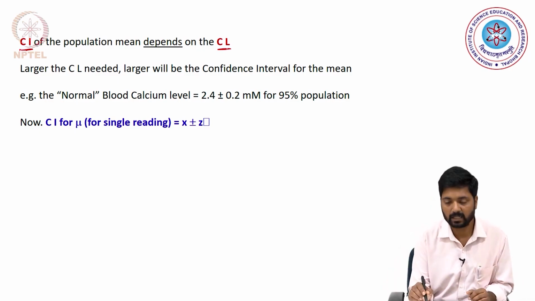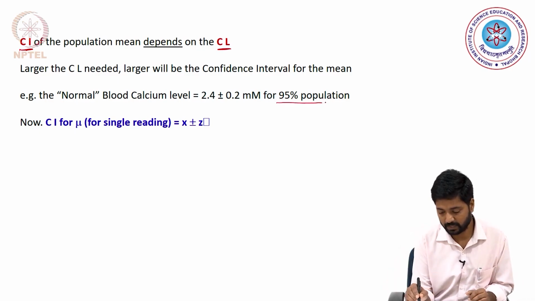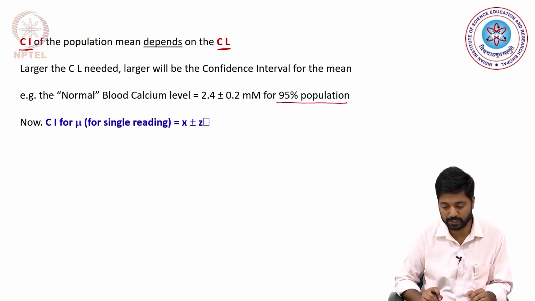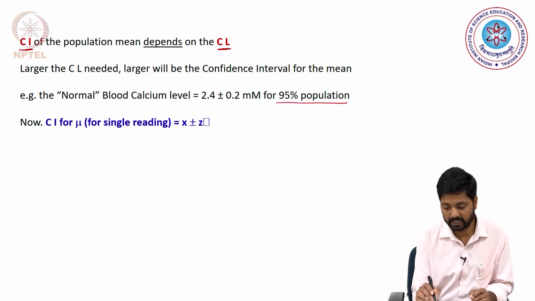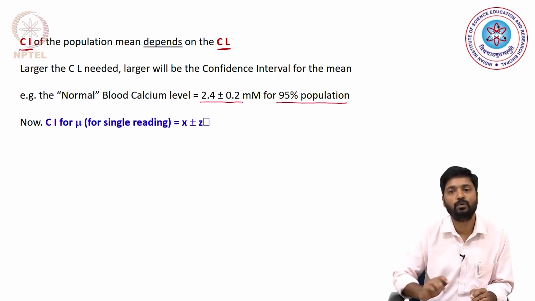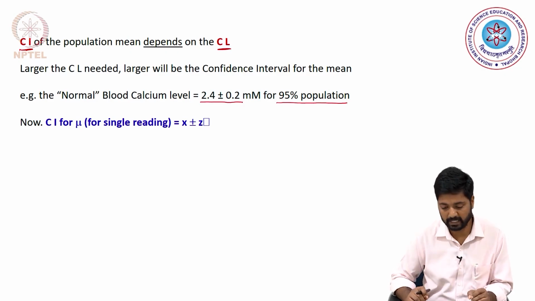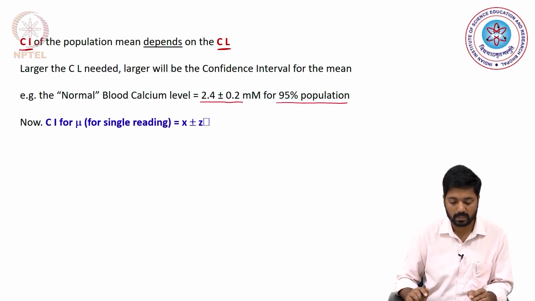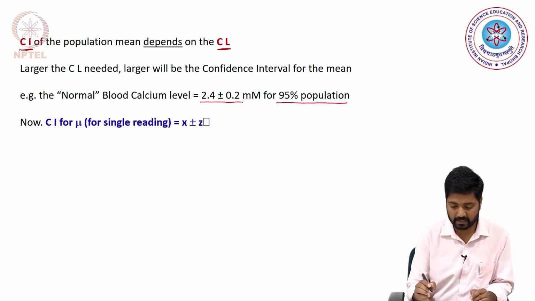What we said in the last slide was that for 95% of the population, the normal blood calcium level is 2.4 plus minus 0.2 millimolar. Now, for single readings,